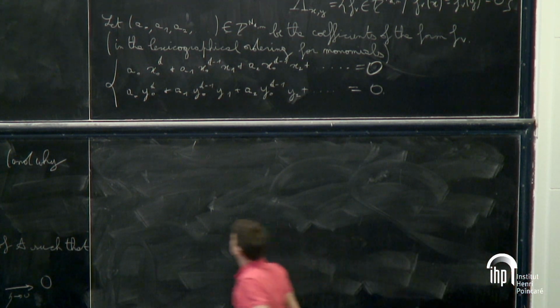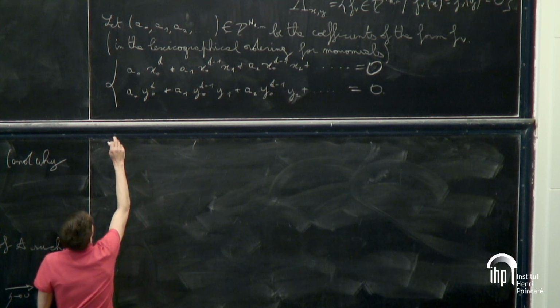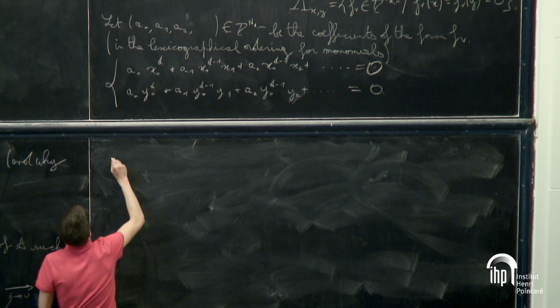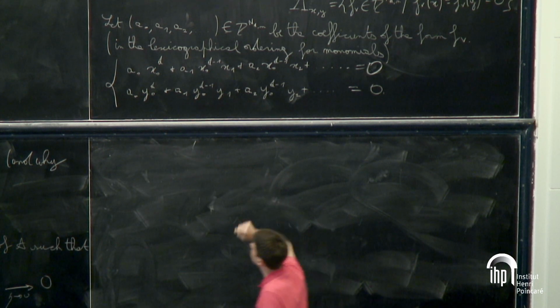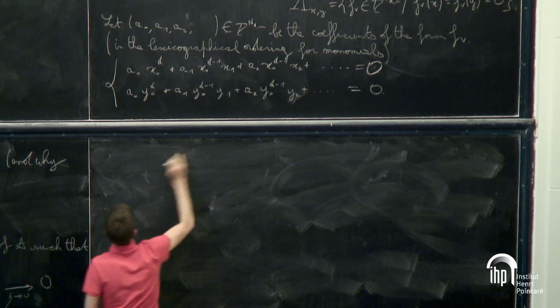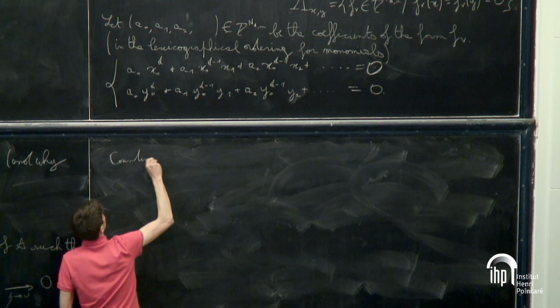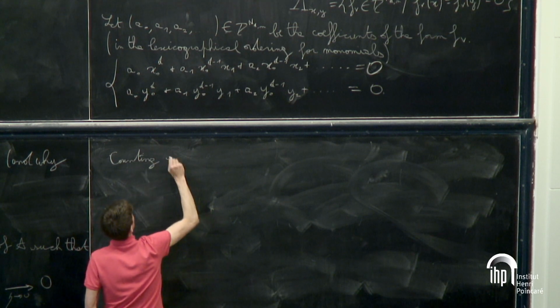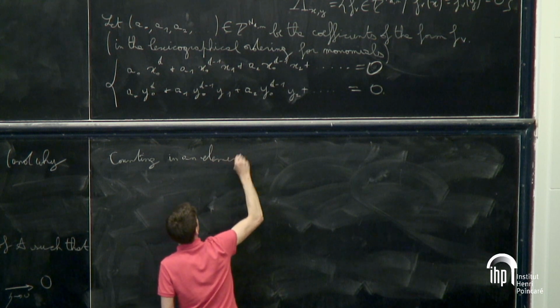Okay, so what happens if we count in the most stupid way possible, in the worst possible way? Then, if we look at the 2x2 minors of these two equations, then we see that, counting in an elementary way,